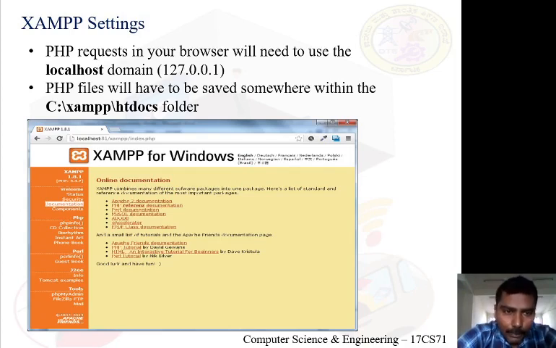The port number might vary; it might be 80, 81, whatever it be. Just confirm the port number where Apache is configured in your system. Once you are able to see this web page, it means XAMPP is configured perfectly and your desktop is serving as a web server.